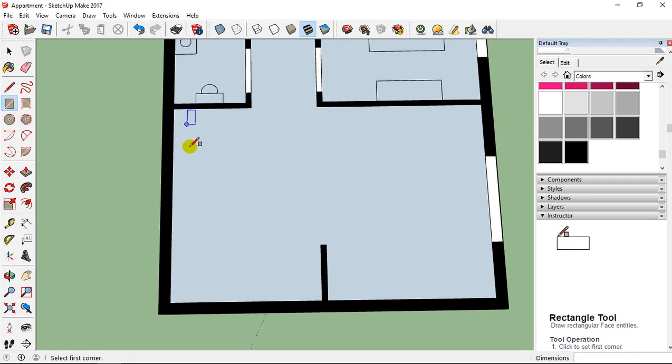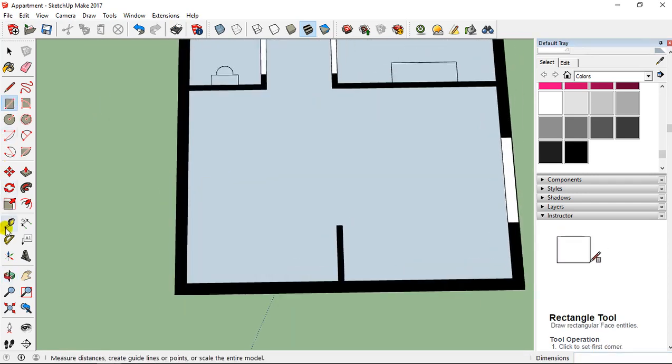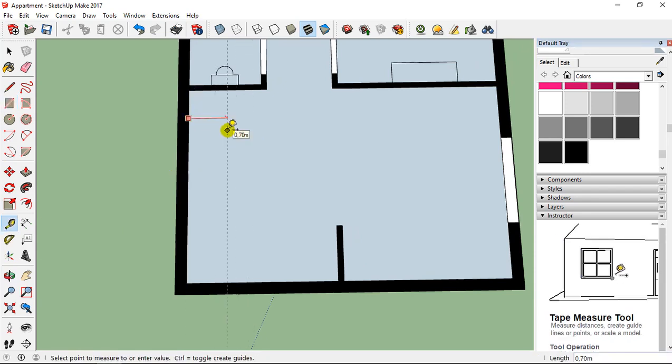Then I'm going to go here. I would like to have the kitchen. So for the kitchen, I take also the guide tool and I place one guide at 50 centimeters. I can place another here at, for example, 2 meters.